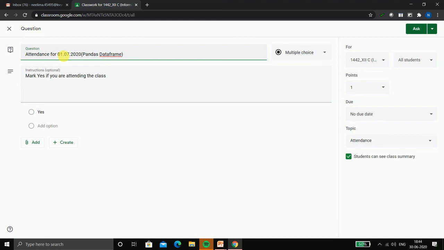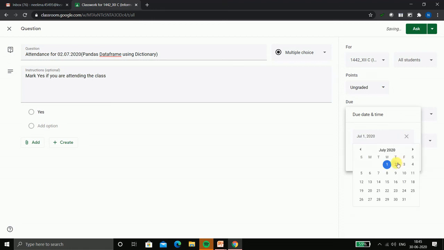And I just need to change this date here and the topic. Rest of the settings will remain same except this, that I'll do this as ungraded assignment.